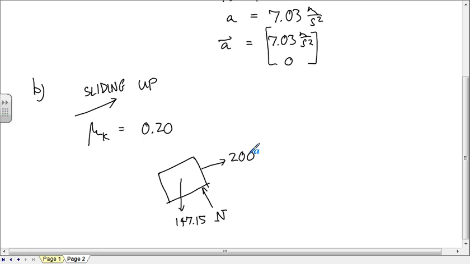Which direction is it going? Yep, it's going opposite the motion, opposite the velocity vector. And that's going to be equal to 0.2 n. And so Newton's second law says if we use a coordinate system rotated like this, 200, 0